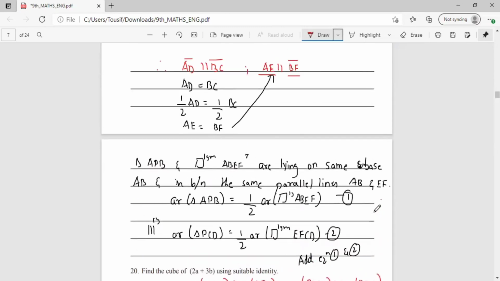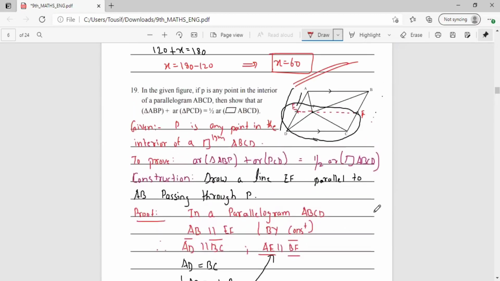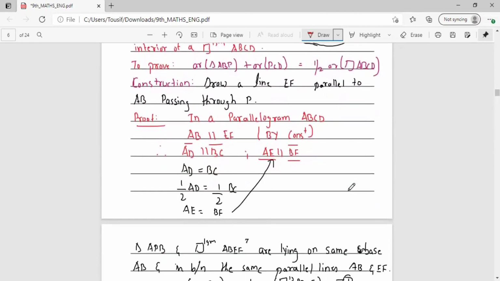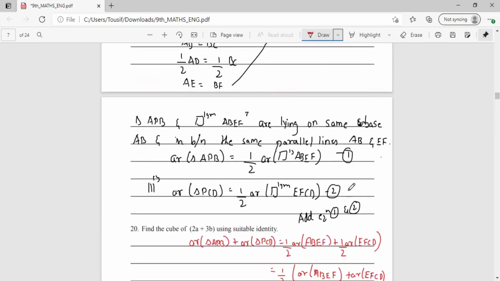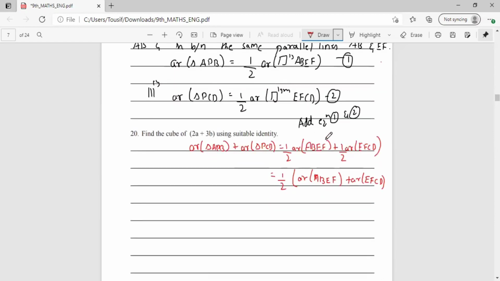Shall I scroll it a bit upward? As you can see, we are adding the two parallelograms. So we are adding this parallelogram as well as this parallelogram. If we add both the parallelograms, we'll get the area of the combined parallelogram. So what is that new parallelogram? That is half the area of